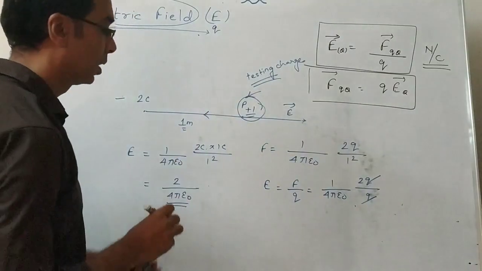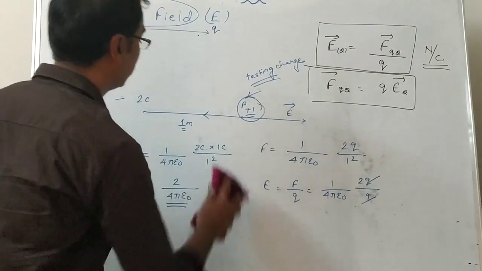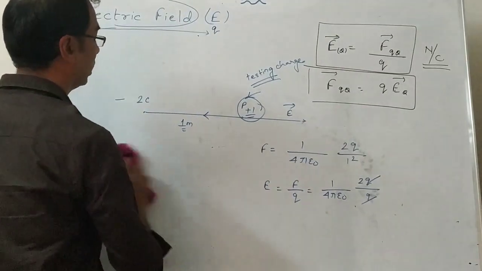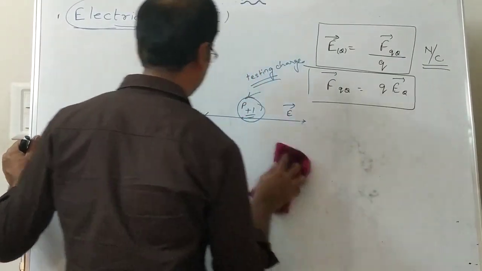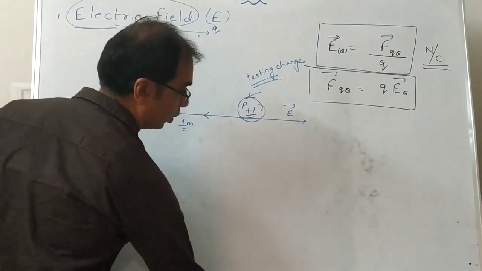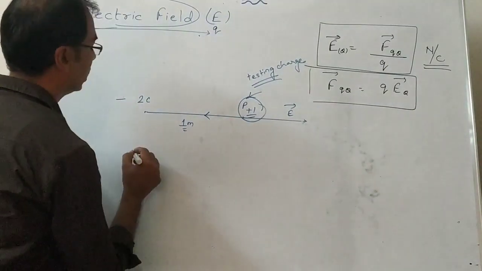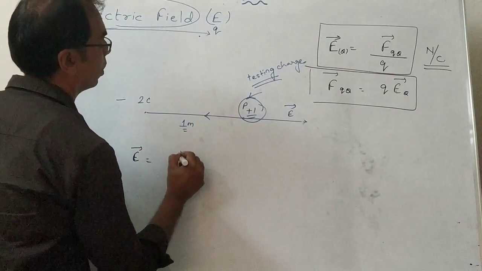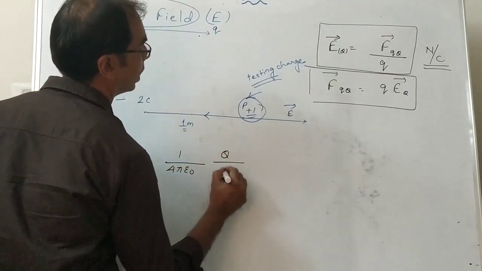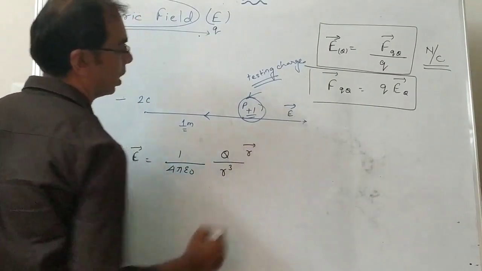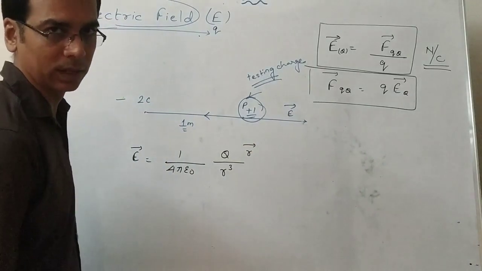So remember, when we talk about the main formula that we saw, which formula? The vector formula. In that one, do we have to put the sign? Yes. Remember, only whenever you are writing the vector formula, put the charges with sign. I will show you. E is 1 by 4 pi epsilon naught Q by R cube into vector R. This is for a positive charge. Works fine, no doubt about that.